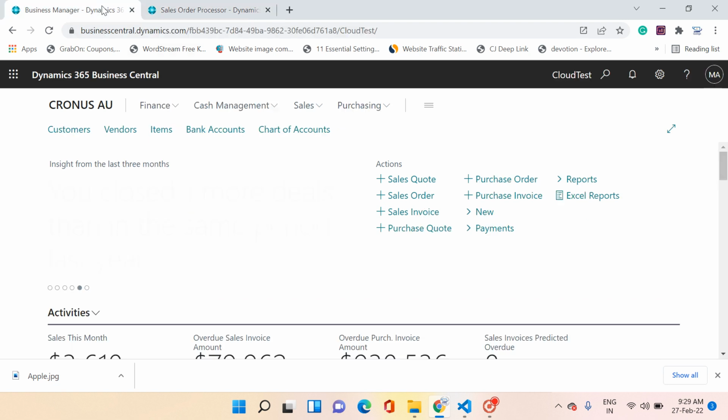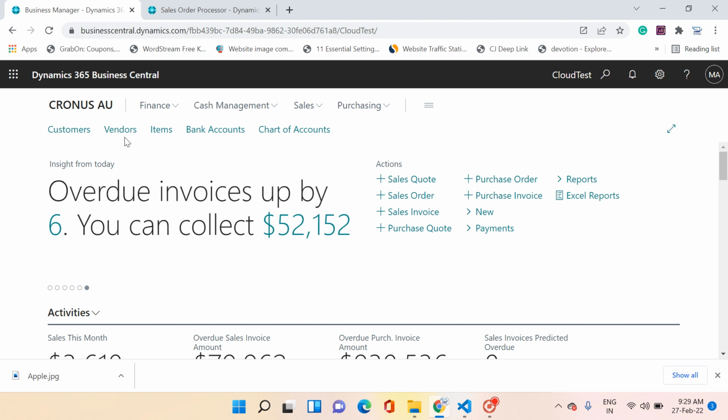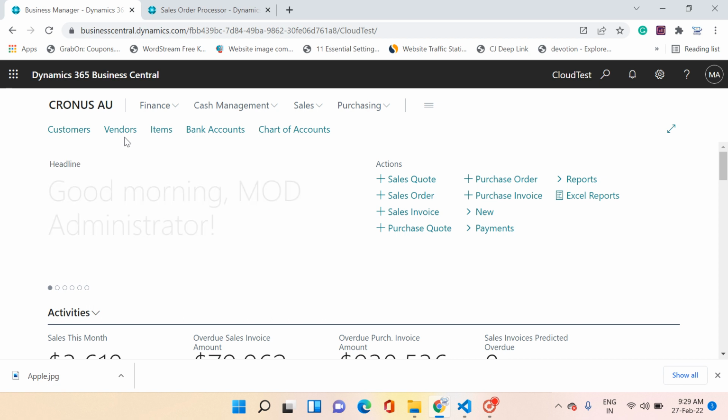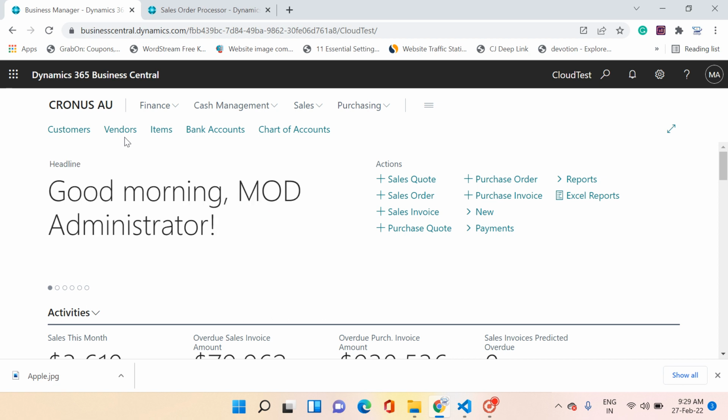But when we talk about the cloud version of Business Central, the criteria becomes a little less simple. It is way different from how we handle it in the on-premise version, because in the cloud our Business Central is running on the Microsoft data centers. It is not in our premises and not under our infrastructure. So obviously, when we are using Business Central from another infrastructure, we cannot directly access